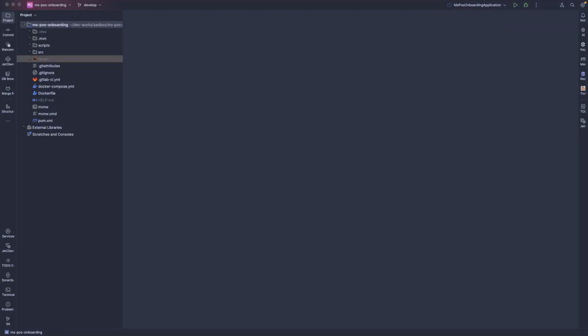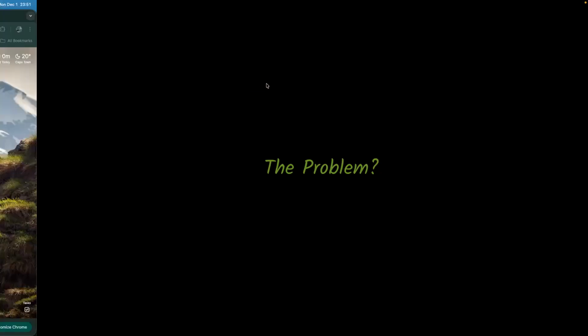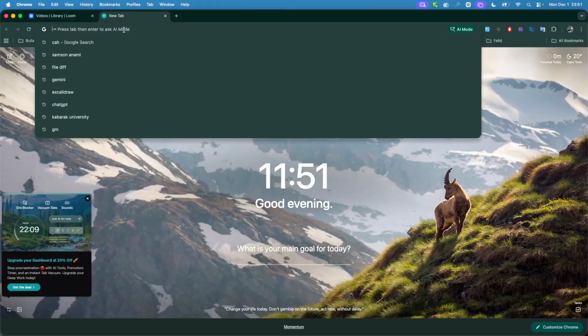So today let's try to create a gateway using Spring Boot and AI. What we want to do is spin up a gateway using AI. I'll be using a free ChatGPT account to do this. I'll spin up a full working